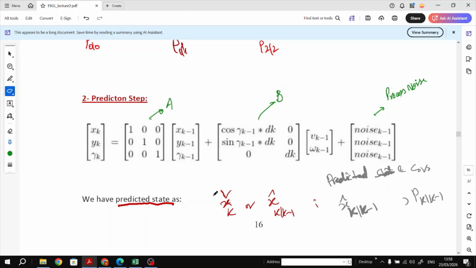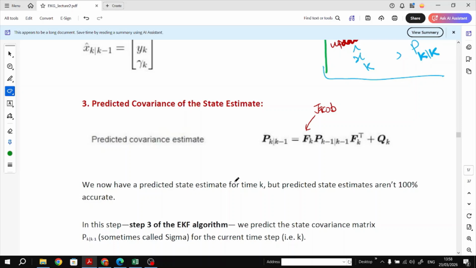So in this case, we predicted our state from time step k minus 1 to time k, and also we predict our state covariance matrix